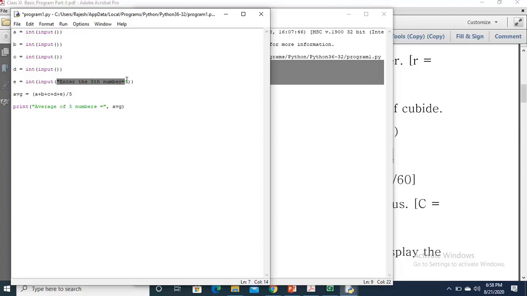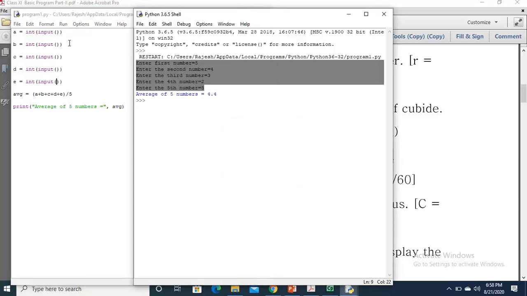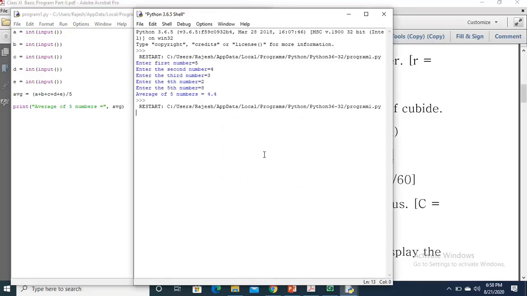Now I am going to execute the program. I will press the F5 function key. Now you just see our program is executing. The cursor is blinking. Now it is asking for the value. This is 5, this is 7, this is 2, this is 3, this is 4, and now the average is calculated.